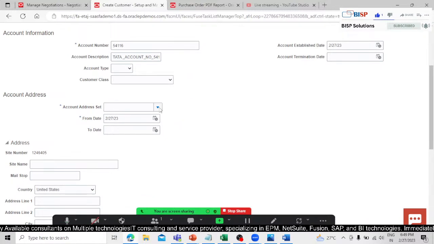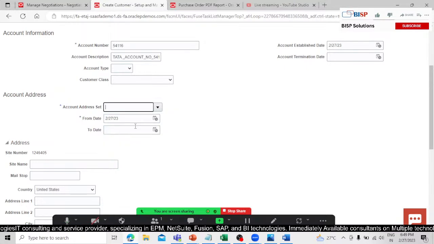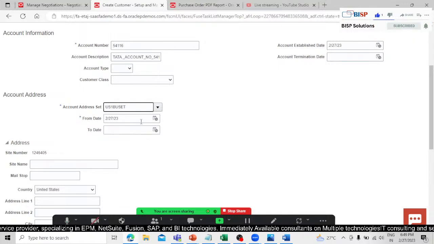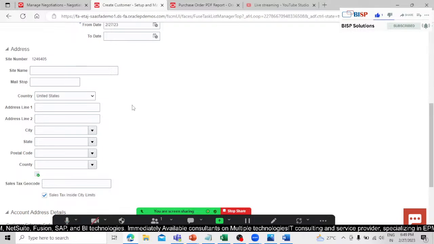And we have the account address set. Click on that. We have already created the US view set. You can set it over here. Either you can set the customer site over here. This is the customer site. You can set this customer site. We have the address for this customer site. You can set it,